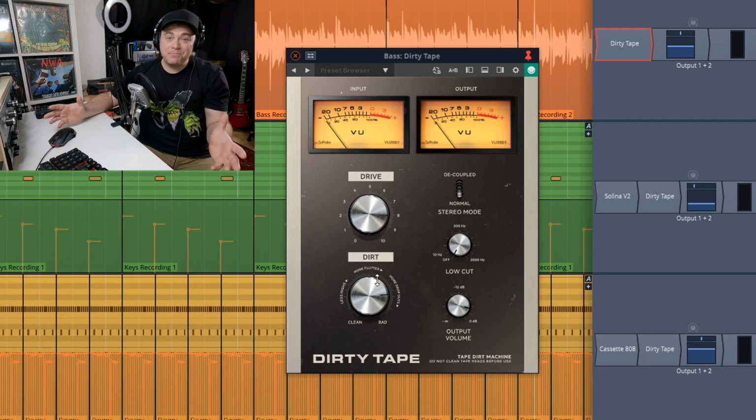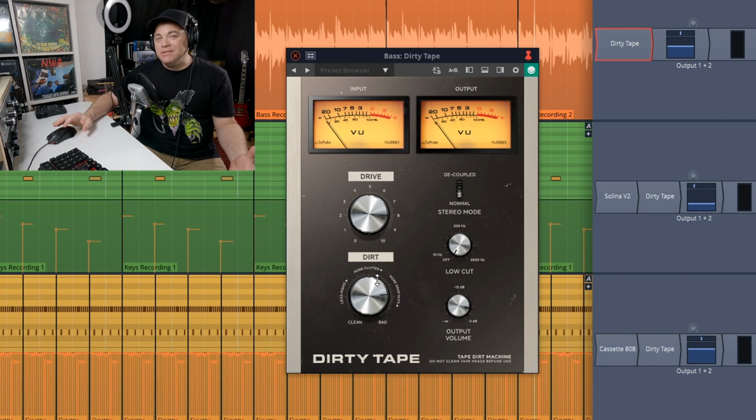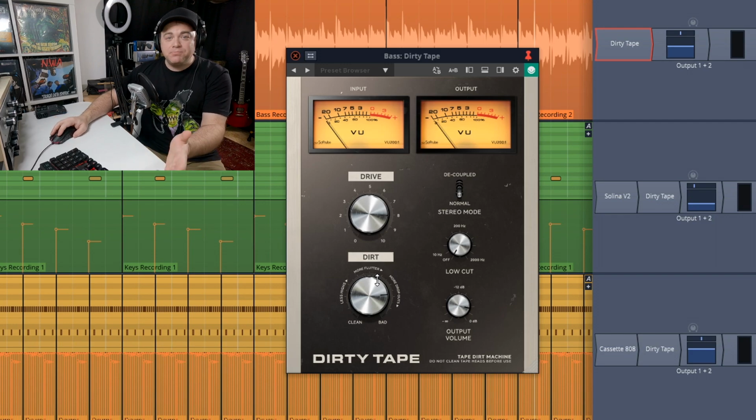All right, so that dirties up our bass very nice, so it's going to have some more character in our mix. And I typically like my bass guitars to have a little dirt or saturation on them, so this plugin fits in very nice. Now I'm going to get to that stereo control and some of those movement effects that we can create, but first I just want to check this out quickly on my drums.